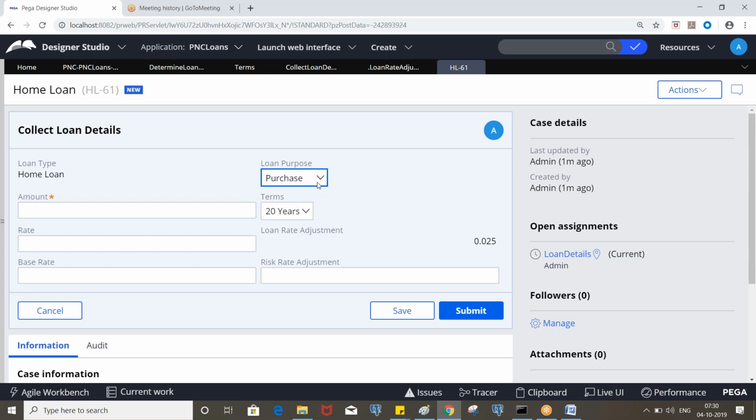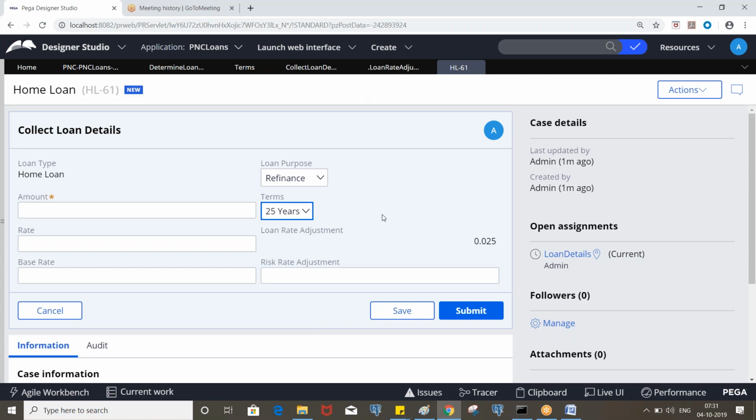Okay. So now I'm going to change from purchase to refinance. But again, we didn't determine 20 years, right? We haven't specified that. Let's say 30 years, change, right? If you select, let's say, 10 years, it will go. Other than 10 and 30, it will go otherwise and return 0.025. So even if I select 20 or 25, it will be the same.